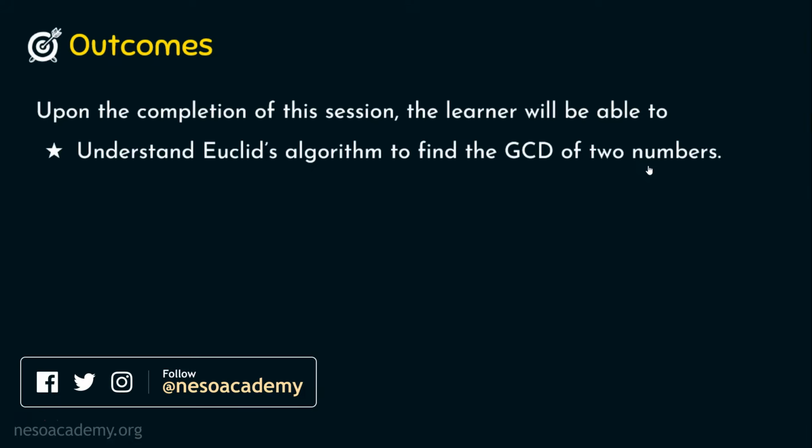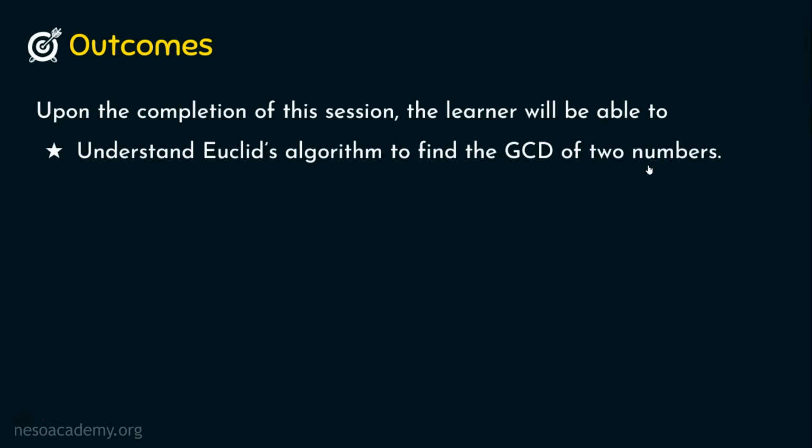Basically, Euclid's algorithm remains the same, but the approach of solving the problem of finding the GCD of two numbers is going to be different in both methods. But remember, algorithm wise, Euclid's algorithm remains the same for both method 1 and method 2. My intention of creating two methods for finding the GCD of two numbers is to provide the liberty to the learners to pick and choose the best method they want.